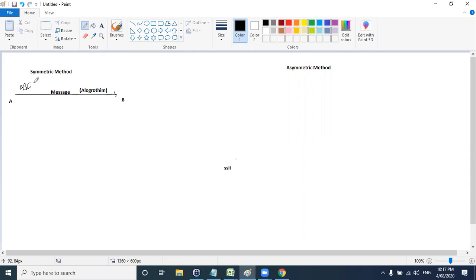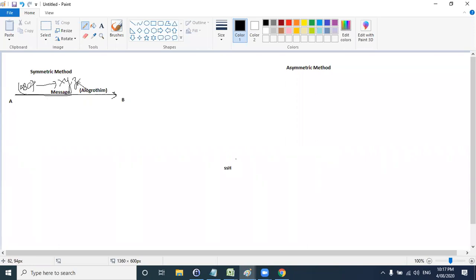So this ABC will be converted into XYZ. How they convert is they use some algorithm, maybe a reversing algorithm, whatever it is. So it will be XYZ, and this XYZ will be transferred from A to B in the network channel. Let us assume this as the network channel.